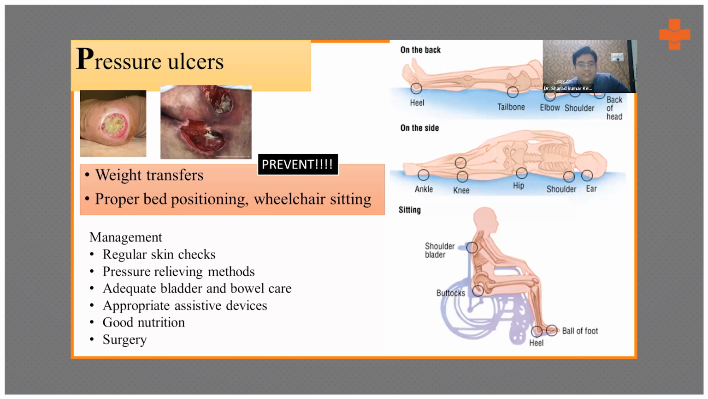Management is by doing regular skin checks and pressure relieving methods, like using ripple beds, or air fluidized bed, where air and fluid both are there, because a simple air bed will increase the strain, and in fact it will cause more pressure ulcers. Adequate bladder and bowel care, appropriate assistive devices can be given so that a patient can be mobilized using a trapeze and other things. Good nutrition should be there, and always note that in pressure ulcers, there is a lot of